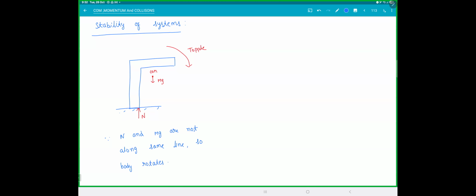That's what happens. If you try to stand on one leg and lean forward, you will lose balance, because your center of mass is shifting forward and you can't handle this. But the same thing, if I take this L shape,